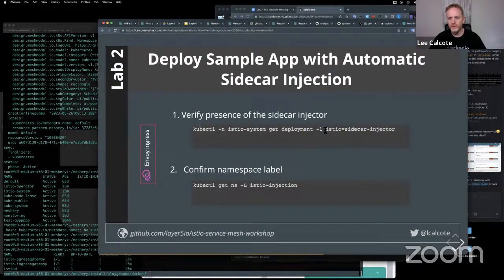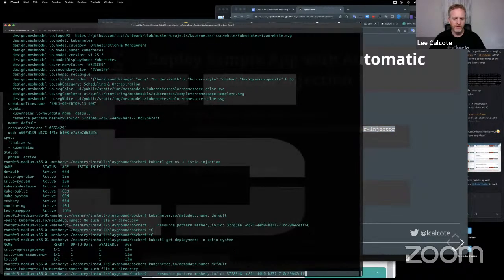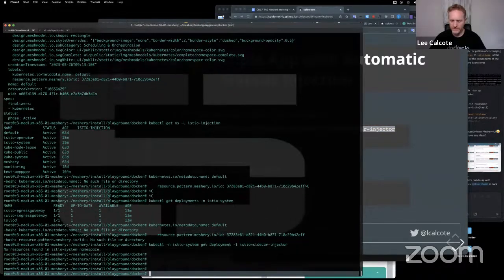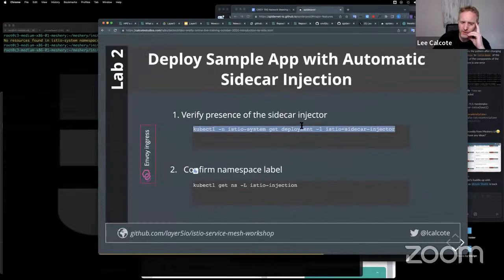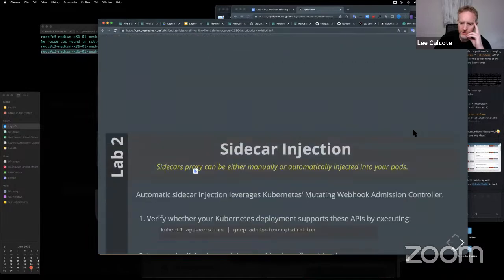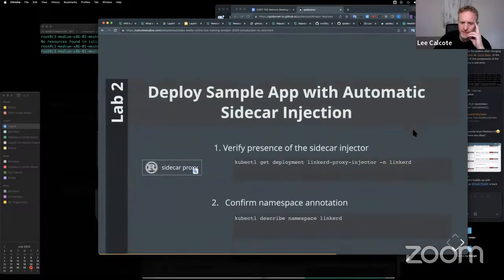Istio system deployment. We want to find the one that is labeled as the sidecar injector. If I copy and paste, if I get all deployments that are labeled with this Istio label, and this might be an old command at this point, or it might not be. It might be that our deployment isn't set up just yet. I'm not entirely sure. I do know that there's one other thing that we would be missing, and that would